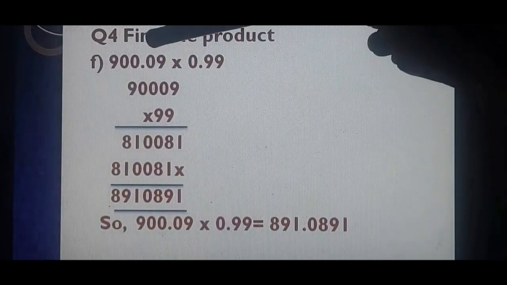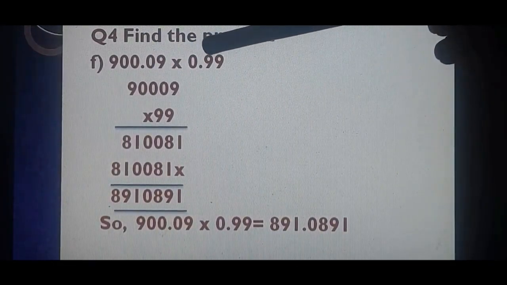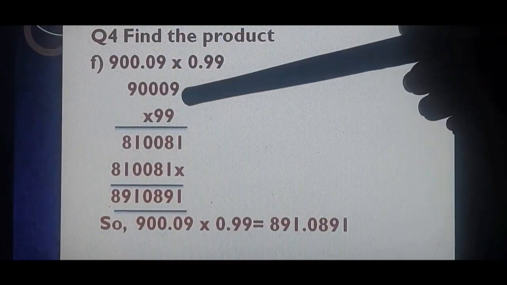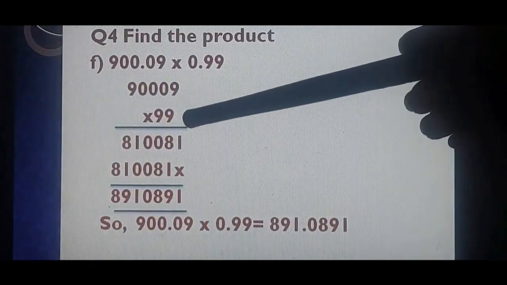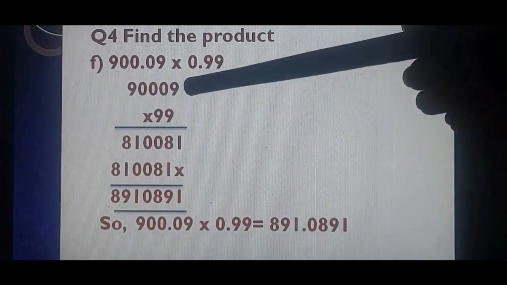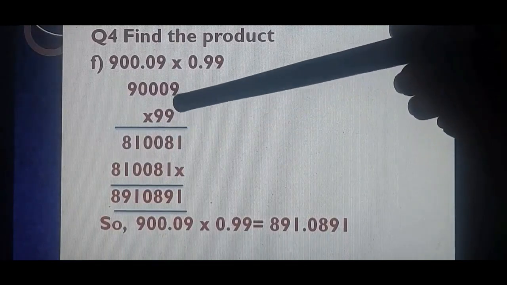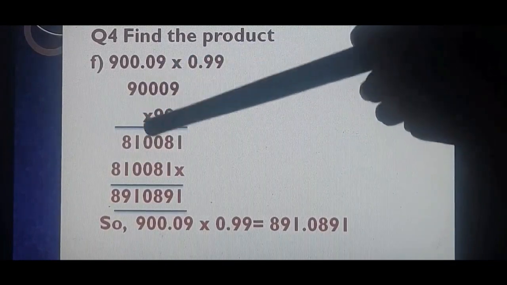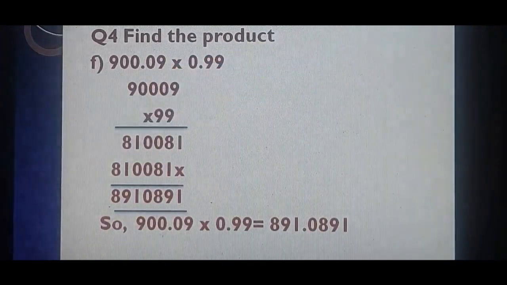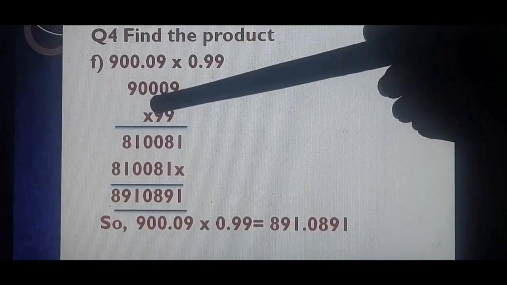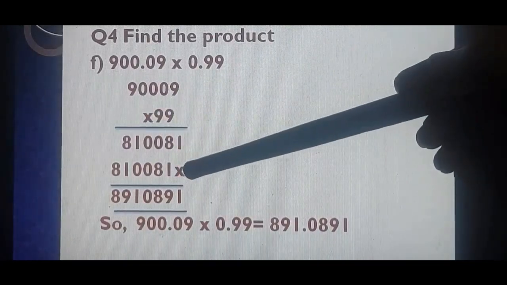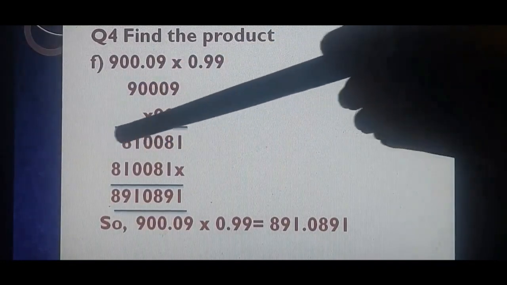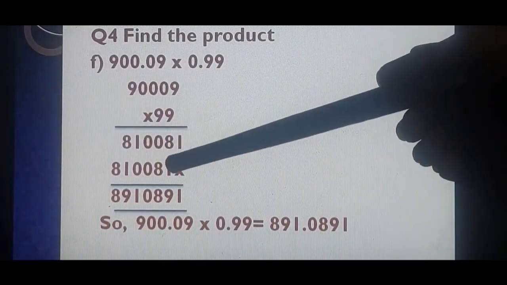F part. 900.09 multiply by 0.99. So start multiplication without considering the decimal. 90,009 multiply by 99. 9 9s are 81. 1, 8 carry. 9 zeros are 0. 0 plus 8, 8. 9 zeros are 0. 9 zeros are 0. 9 9s are 81. Now tens place 9 is here. Put 1 multiplication sign here. Now again you will multiply the whole number with 9. Same answer we are going to write down. So write here